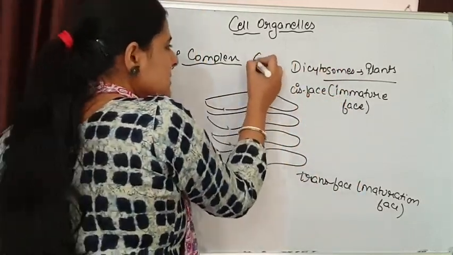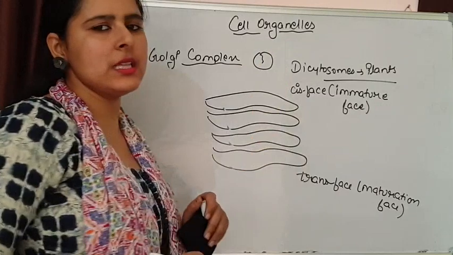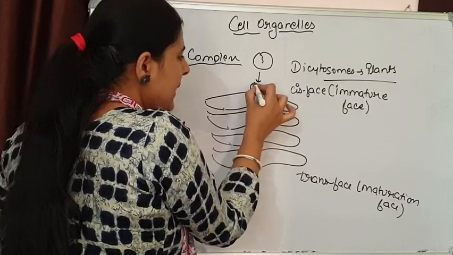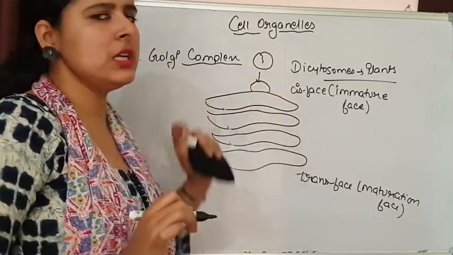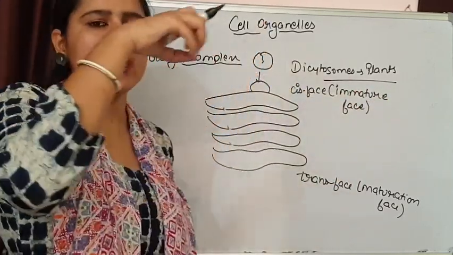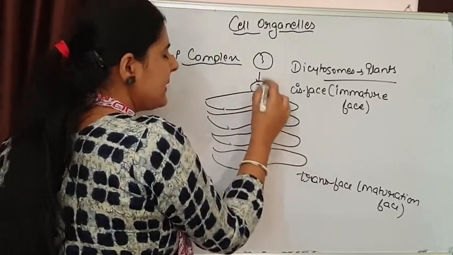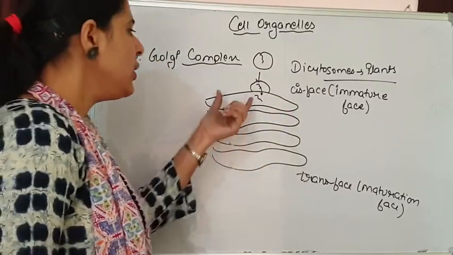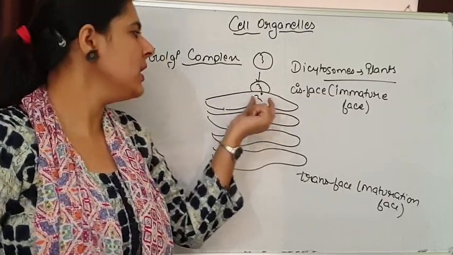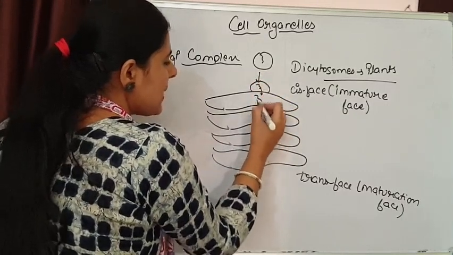What happens? This is the vesicle that is coming from the endoplasmic reticulum, and this vesicle contains the immature protein. Now this vesicle is going to fuse with the membrane of the cisternae of the Golgi complex. That's why I have written immature phase, because this phase is going to receive an immature protein. This vesicle will fuse here and it will finally enter this protein into the lumen of the Golgi complex. The vesicle remains outside and the protein enters inside the lumen of this cisternae. This protein will start moving step by step through each of the